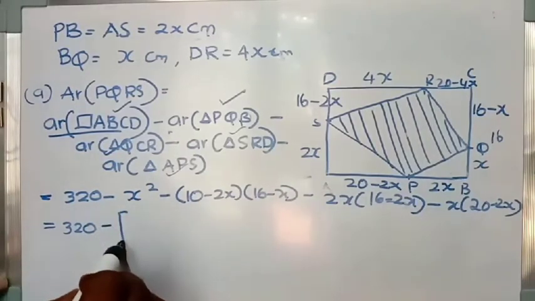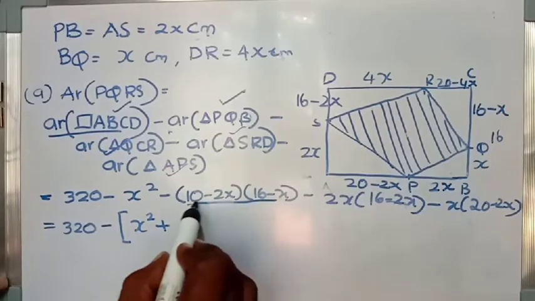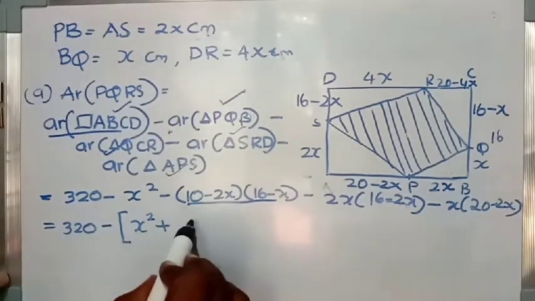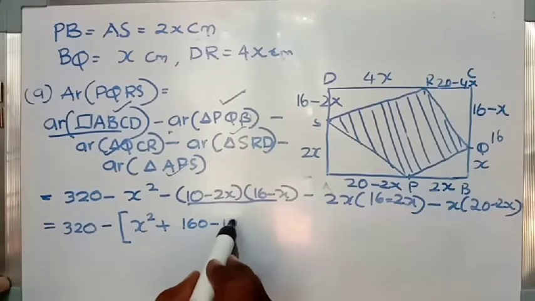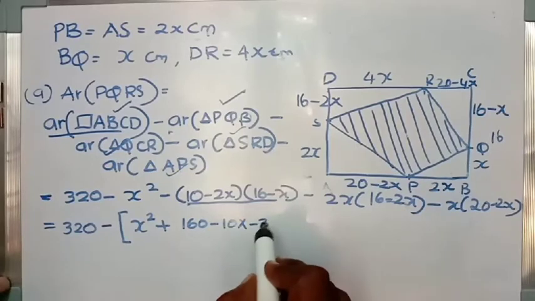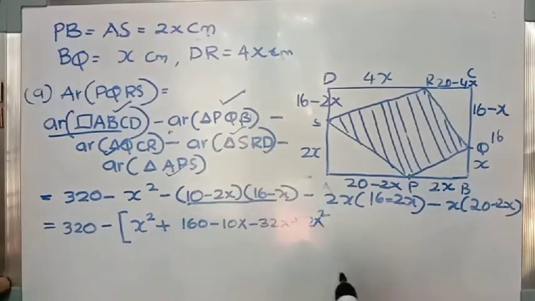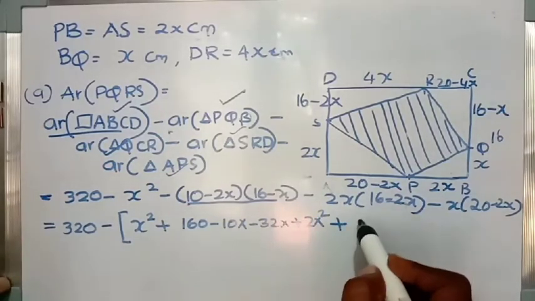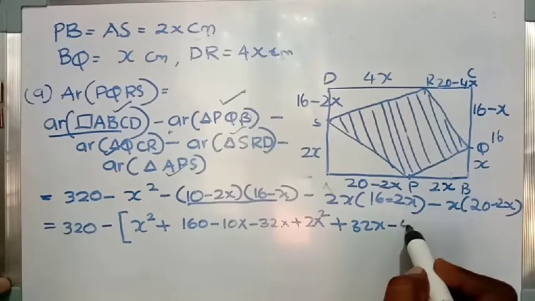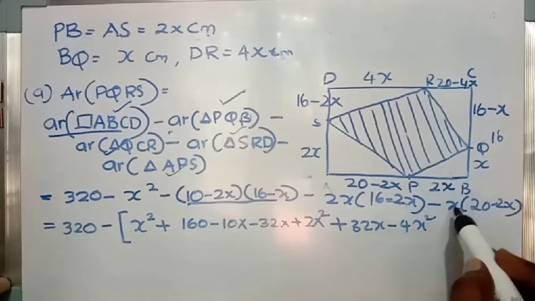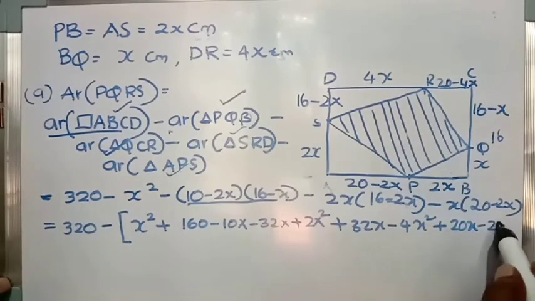Let's take it outside. So remaining we get x squared plus, multiply, open this bracket, we get 160 minus 10x minus 32x plus 2x squared plus 32x minus 4x squared plus 20x minus 2x squared,